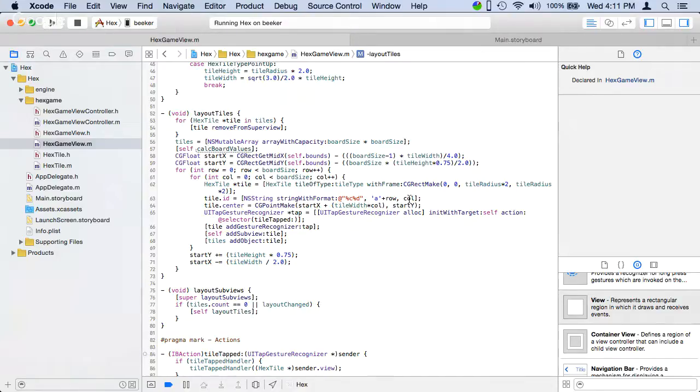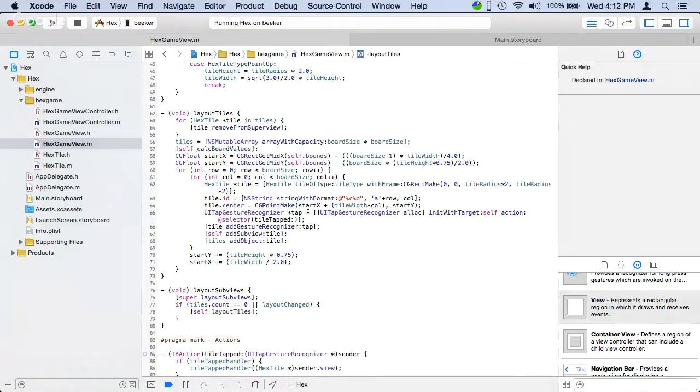I also thought about using index sets. Objective-C has the concept of an index path that stores basically how you walk through a multi-dimensional array to get to a certain object. But I thought this would be more readable in the long run, so we use that. And that's where the tile's going to be on the board. So that's its conceptual name. A1 is the top left, and E5 is the bottom right. But it's in a rhombus weird shape. So anyway,